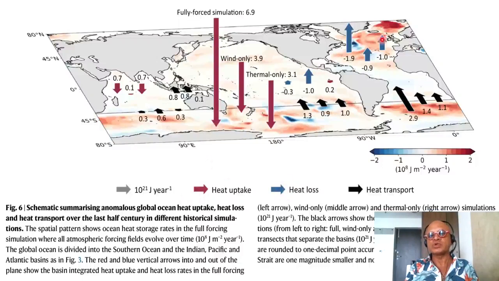Blue arrows are where the ocean is losing heat, and the black arrows are where the ocean is transporting heat. Immediately you can see that the fully forced simulation shows that the Southern Ocean has an uptake of 6.9 times 10 to the 21 joules per year. The Indian Ocean has a small contribution, and there are transports obviously out of the Southern Ocean into the Indian Ocean, into the Pacific Ocean, and into the Atlantic Ocean,